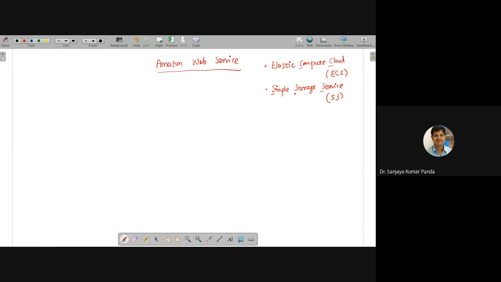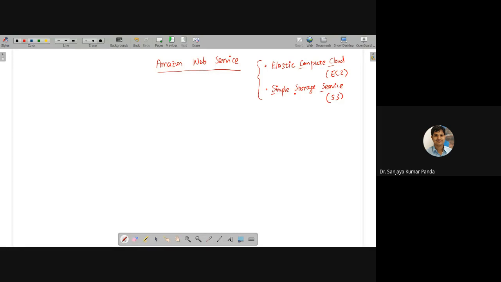Elastic Compute Cloud and Amazon S3, both are providing which type of services? Can anybody tell what services are provided by Amazon EC2 and Amazon S3? Cloud service? Definitely, all are cloud services.